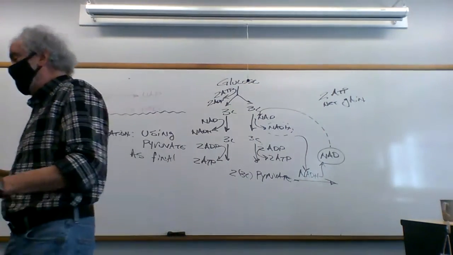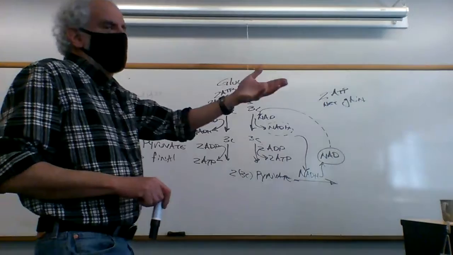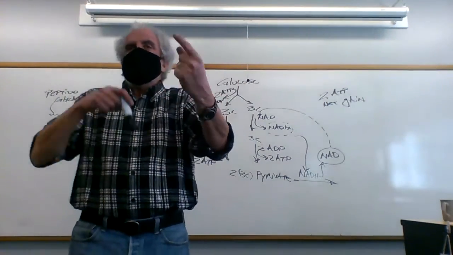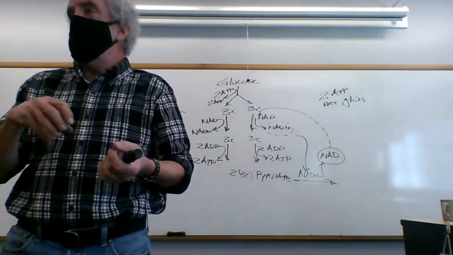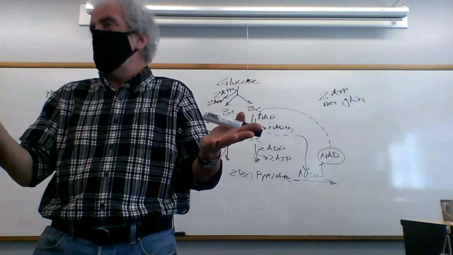So fermentation is not a very sustainable practice, because one glucose molecule, instead of being worth 36 ATP, is now 2 ATP. That sucks. B, the final electron acceptor, oxygen or whatever you might have, is set up in such a way that when it's reduced, it generates a molecule that's fairly benign.